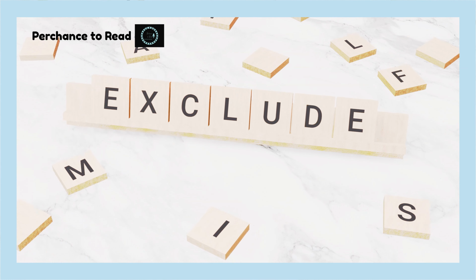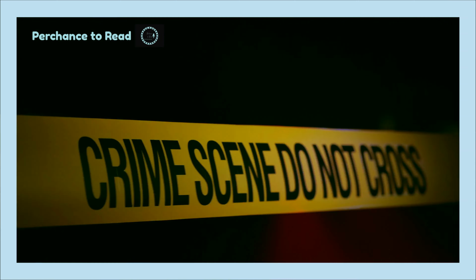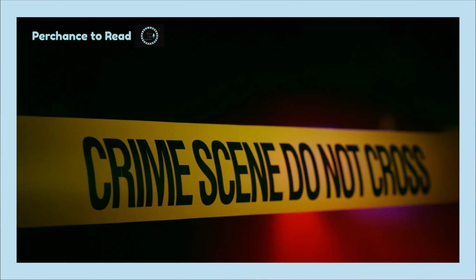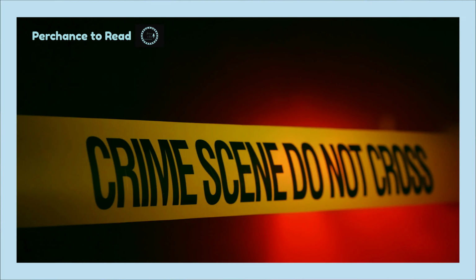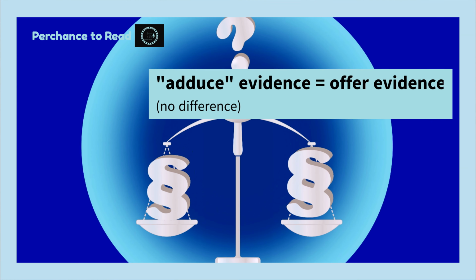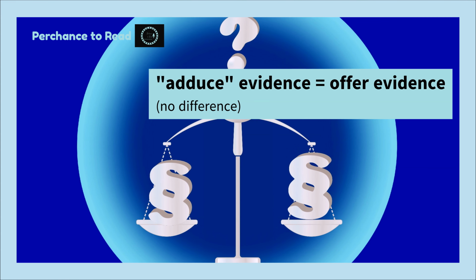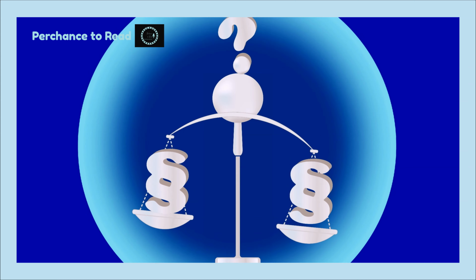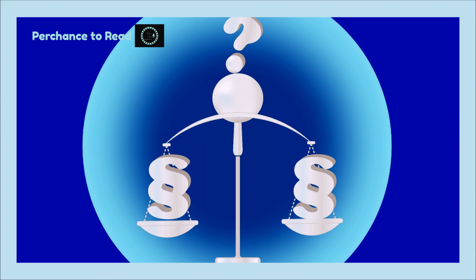So when one side plans to introduce certain evidence, say the smoking gun, or to call an expert witness to testify, and the other side doesn't want that evidence or testimony introduced or adduced at trial because it's unduly prejudicial to their own side, they would file a motion in limine asking the court to exclude